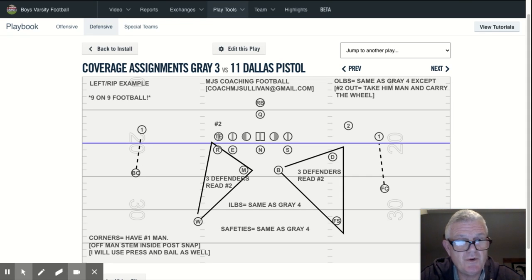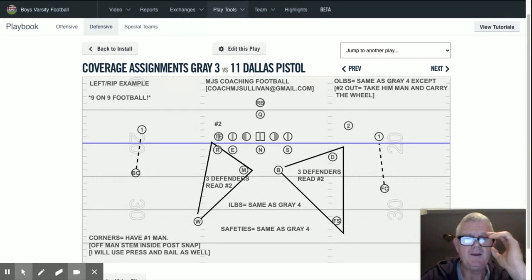My background: 38th year coaching football. I've either been a defensive, offensive, or special teams coordinator, as well as a head coach at both the collegiate and high school levels. In this presentation, I'd like to talk to you about a variation in our match quarters